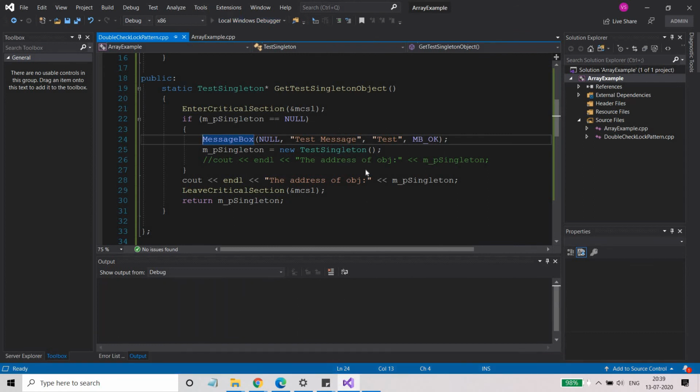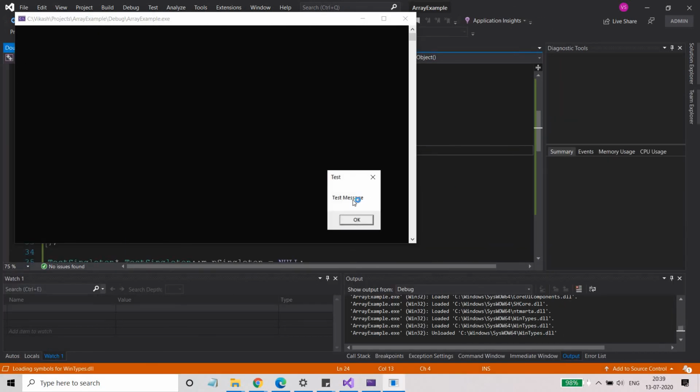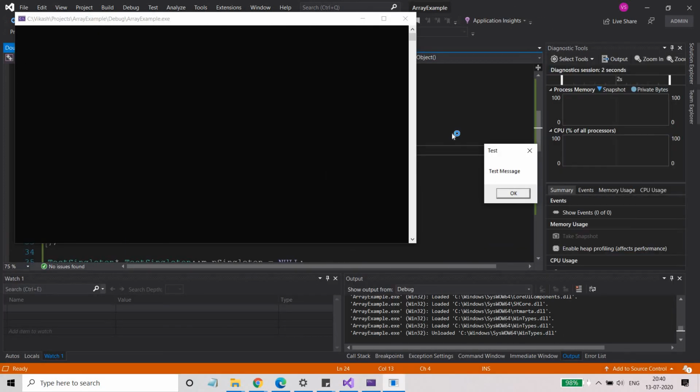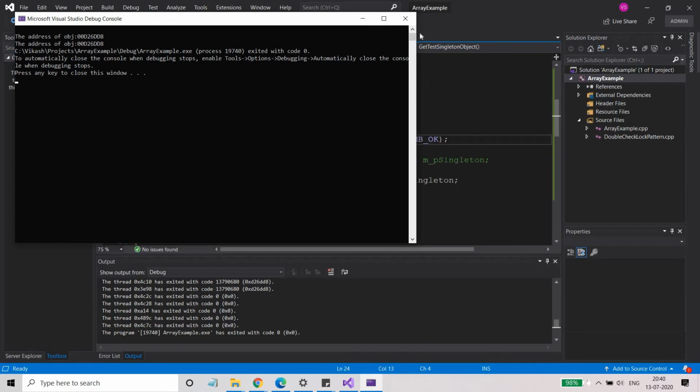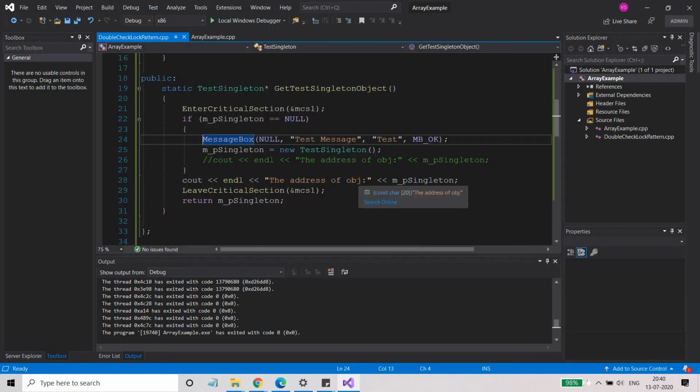Here just test message, and there is only one test message. So both are coming fine, right? Someone has entered into the critical section, so it will not allow you to enter into this particular message box. Only one thread will be able to show this test message box, right?